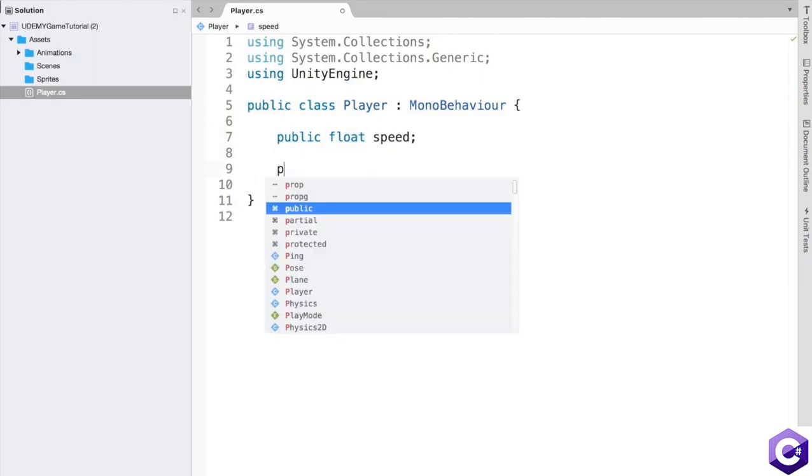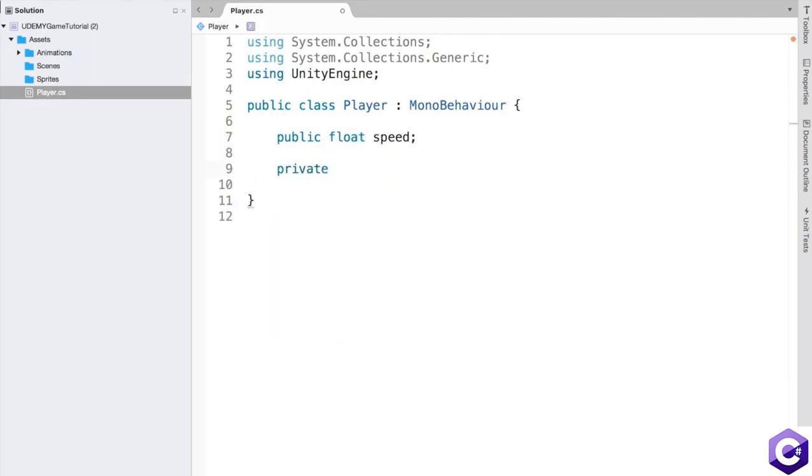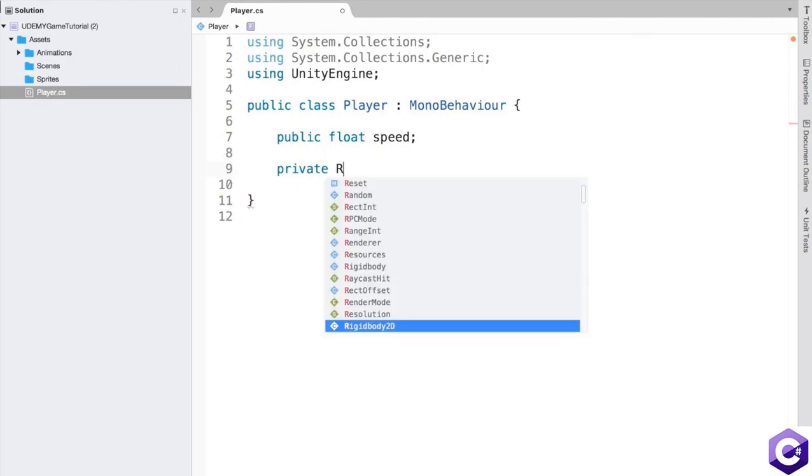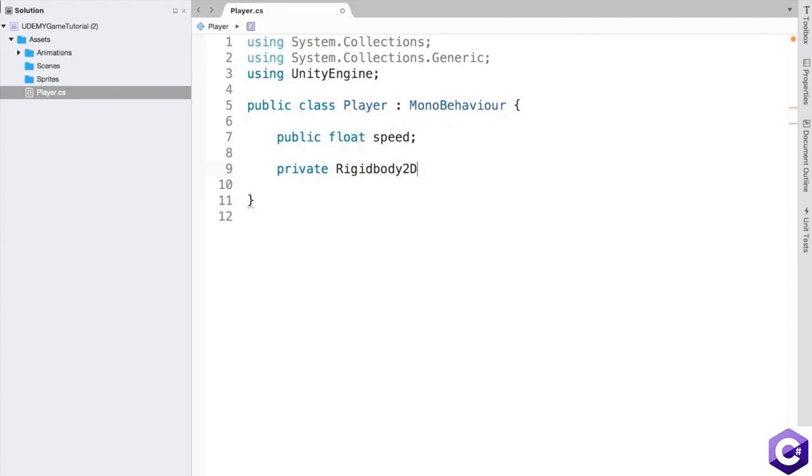After that, I'm going to create a private variable. This variable will not show up inside of the Unity inspector, and the type will be Rigidbody2D, and I'll call it rb, which is short for rigid body. A Rigidbody2D variable will contain all the physics that is inside of Unity by default. We need this variable because to move our player around we'll be using very simple physics, but nothing